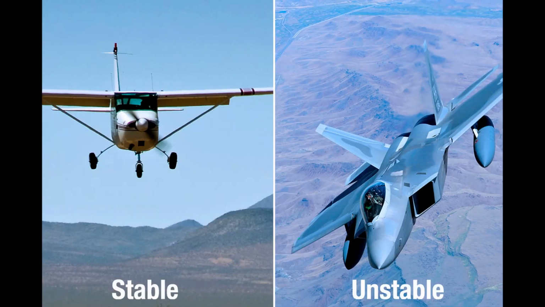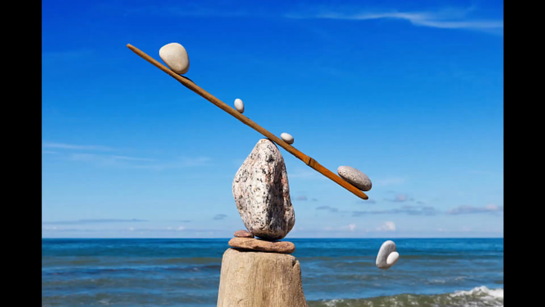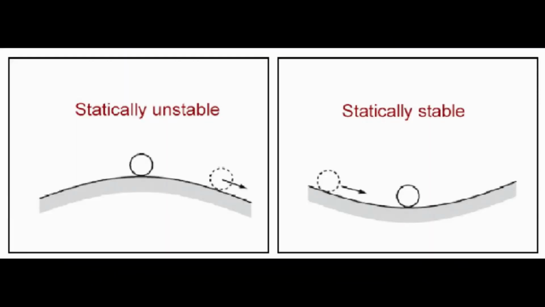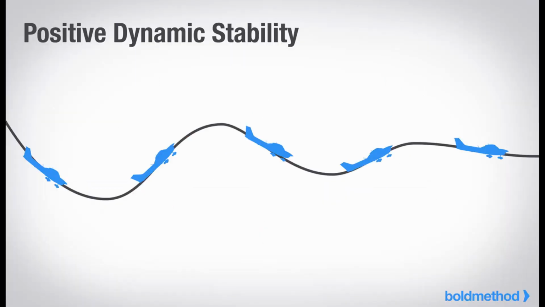Stability is defined as the inherent quality of an aircraft to correct for conditions that may disturb its equilibrium and return to continue on the original flight path. There are two types of stability, static and dynamic. Static stability is the initial tendency for an aircraft to return to its original position. Dynamic stability is an aircraft's overall tendency to come back to its original position over time.